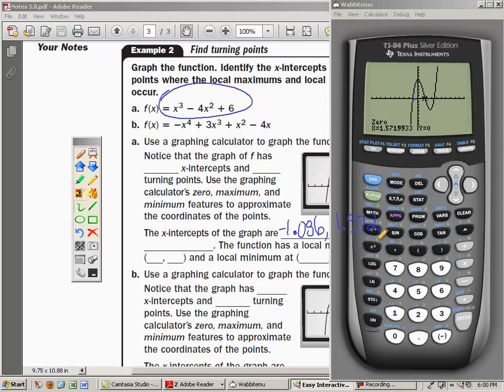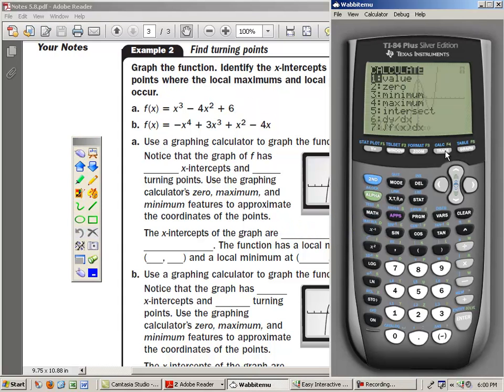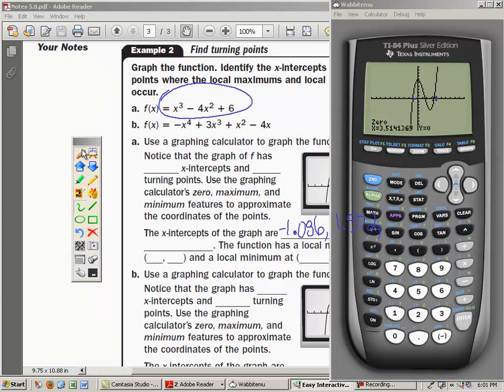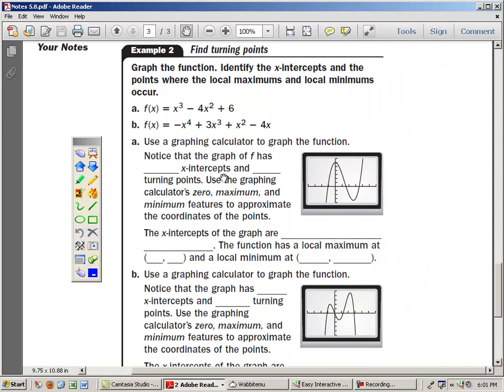And then the next 0 is somewhere over in this region here, and so let's go ahead and calculate that one. Second, calculate a 0, number 2, and let's go somewhere to the left of it, which, you know, we can be way down here and be to the left of it, and let's go somewhere to the right of it, all right? Now, what you have to be careful of is making sure that there are not 2 zeros in between your left and your right bound. If you set your left bound here and your right bound here, there are 2 different zeros there, and so I'm not sure exactly what you would get, to be quite honest with you. And so our last 0 is at 3.514, and I know that's kind of hard to read,